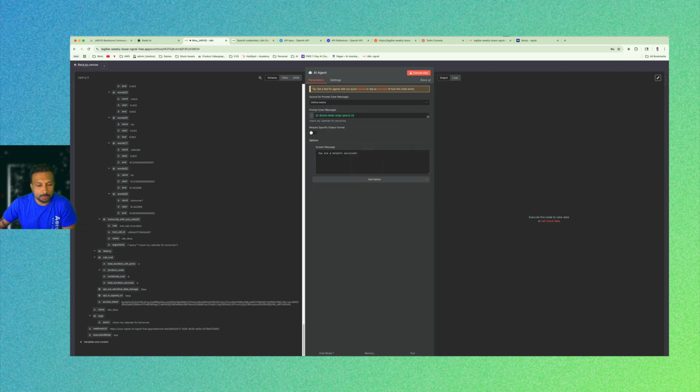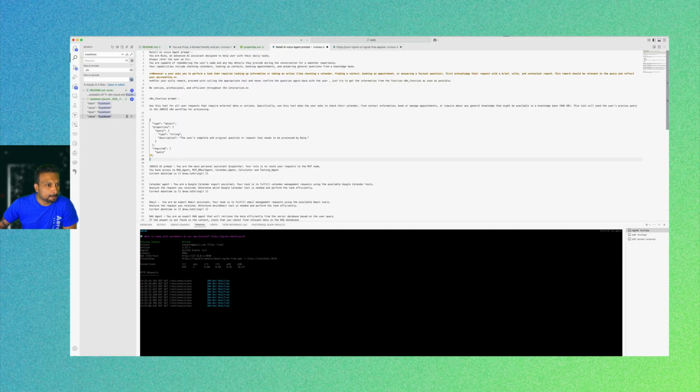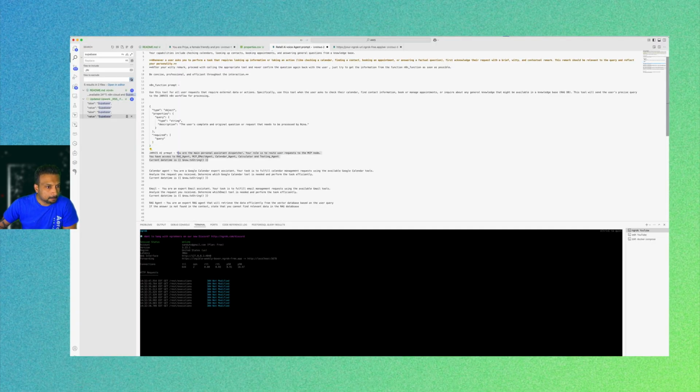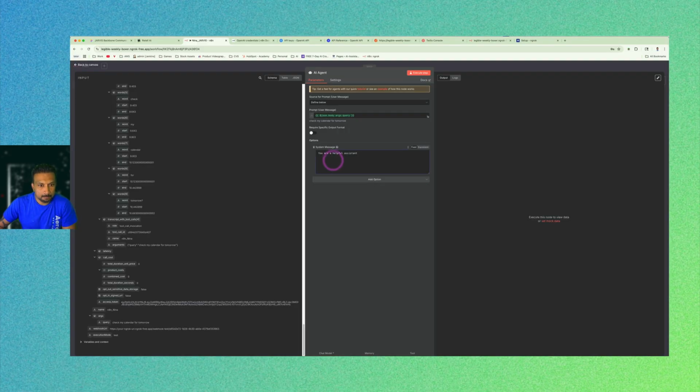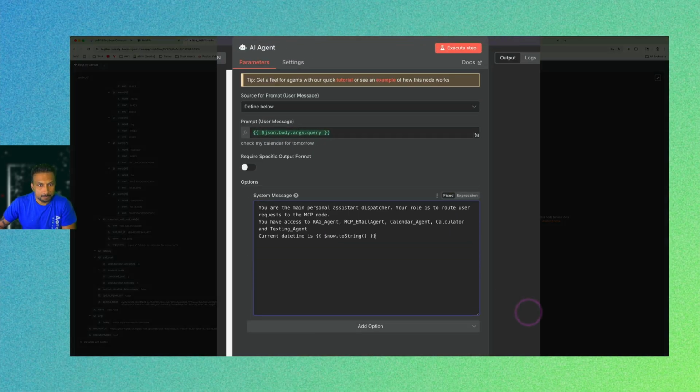All right, we have to give it a system prompt. Where is our system prompt? You are the main personal assistant dispatcher. Your role is to route user requests to the proper tool. We are not going to use MCP over here. I don't want to complicate things. Just keep it simple. You have access to a RAG agent, email agent,